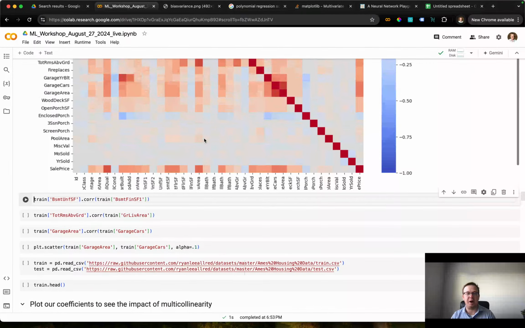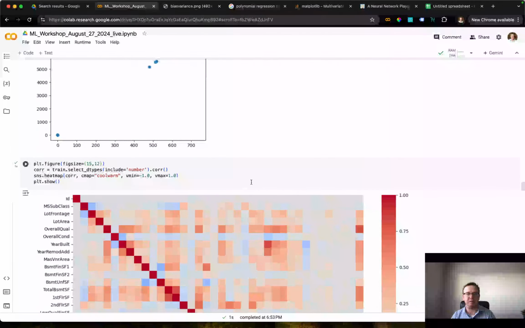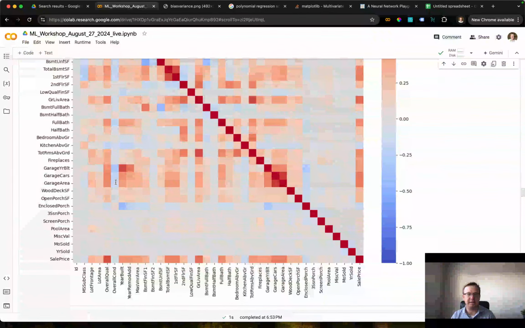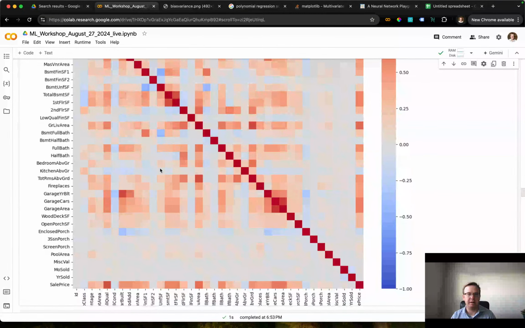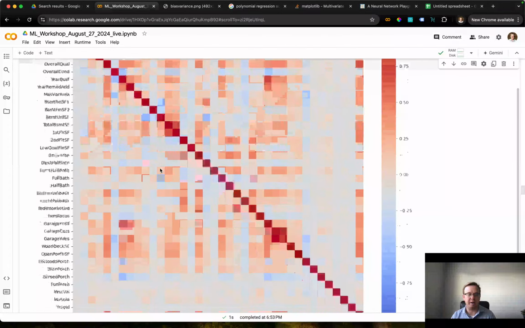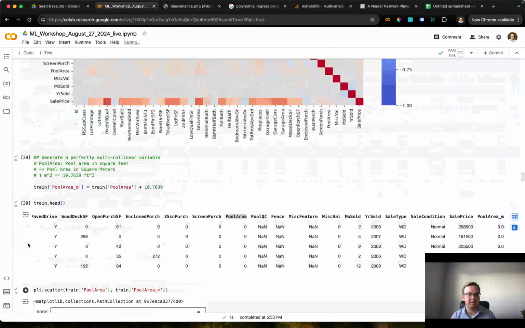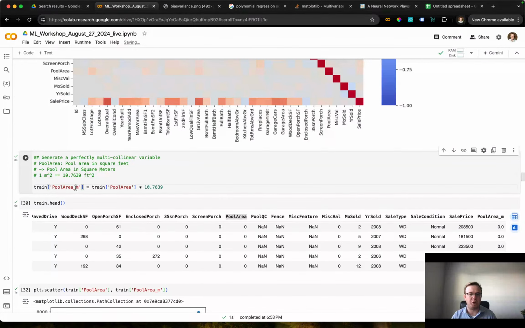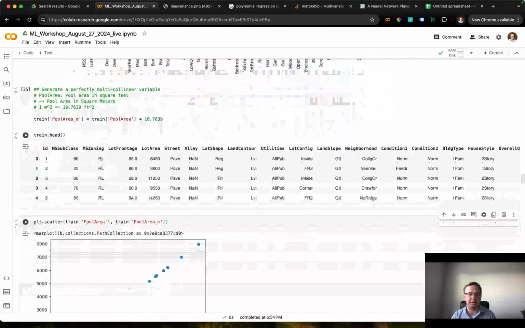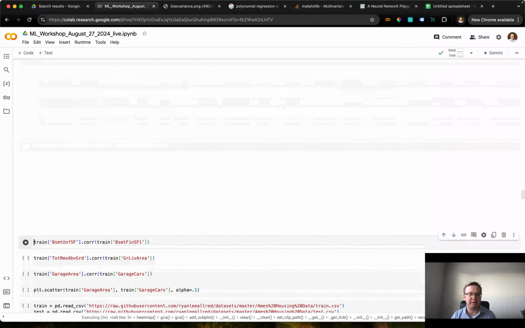Oh, this is the same one. I'm going to actually delete this. We've already talked about this. The only difference here is that this heat map also includes the variable I generated, or does it? It should include pool area M, and we should see a perfectly, yeah,